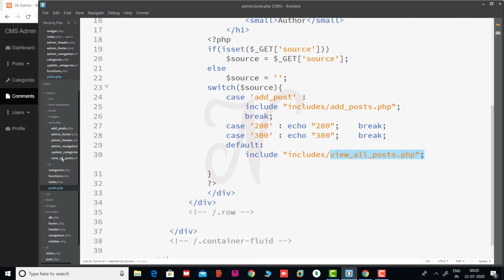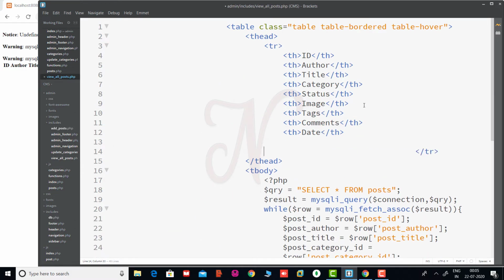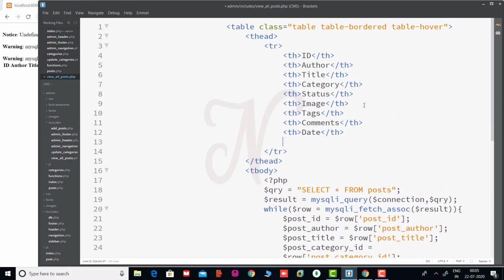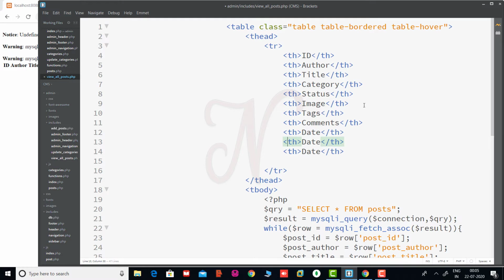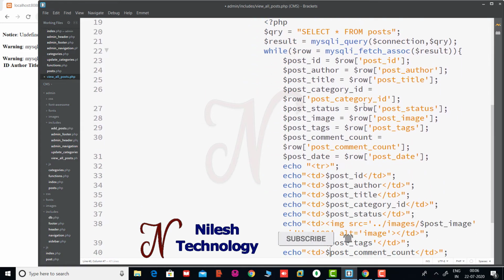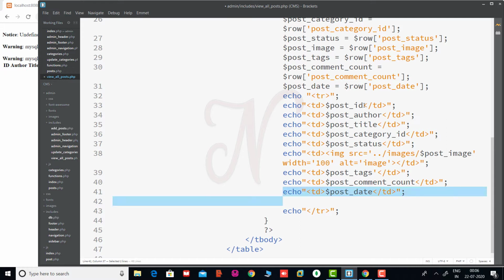So going to that file, view all post.php, we add the two links. First we add a header, for example action, and in this tag, after the post date, we add the two links.